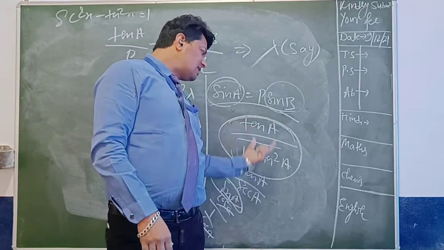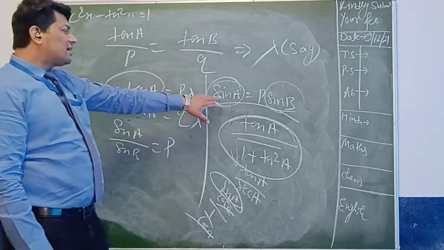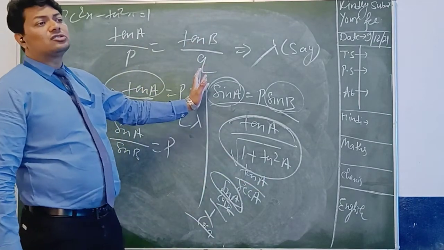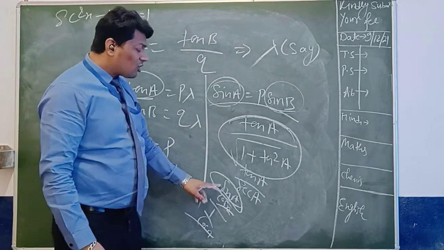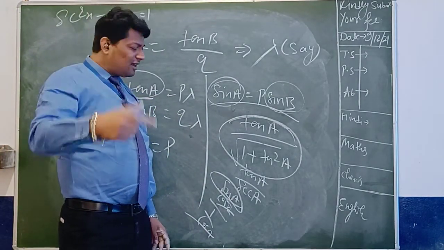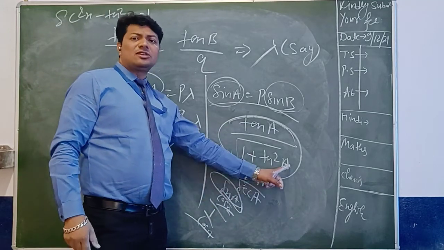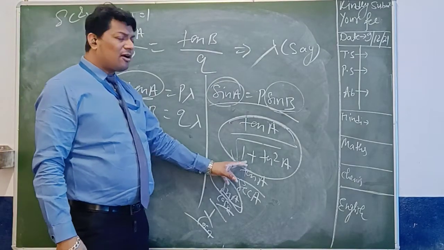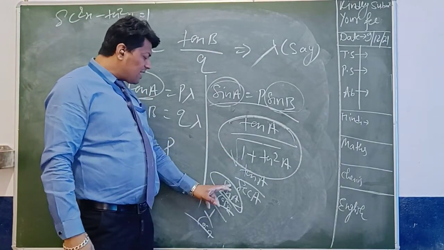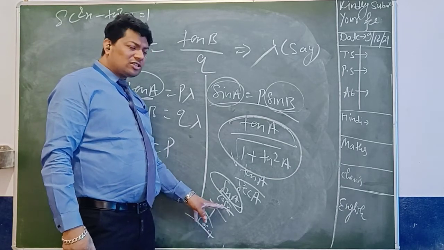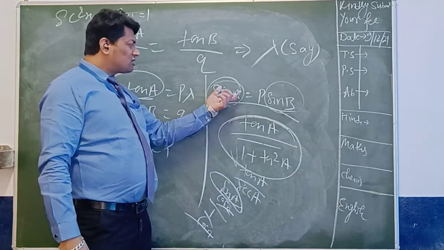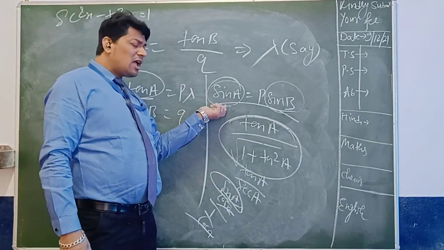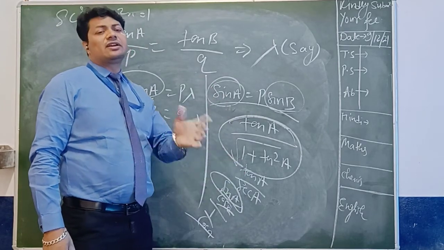Clear? If you solve it this way, you will get the value. Simply, what did we do? Sin a can be written as tan a upon root 1 plus tan square a. In the last question also we did the same thing, because we have to calculate the value of sin x there. Why are we writing this? Because everybody knows 1 plus tan square a equal to sec square a. Root sec square a means secant. So tan a upon secant, you will get sin a upon cos a divided by 1 upon cos a, cos cancels, and you will get sin a. Is it clear? So simply we are writing this. Here we have the basic form and you are changing it into another form. You will get the answers.